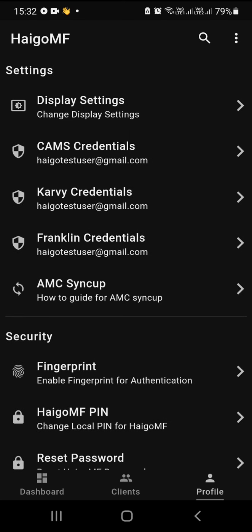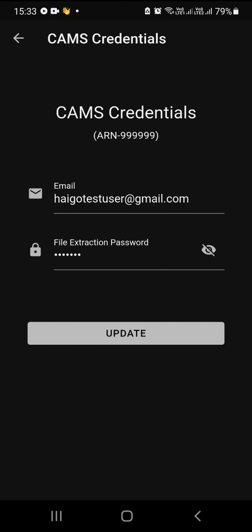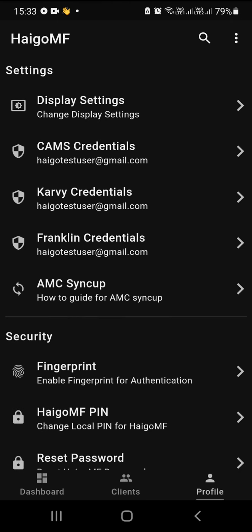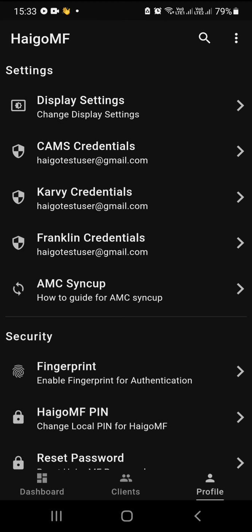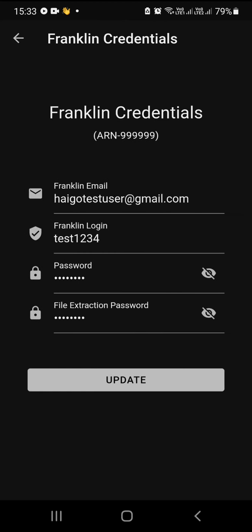Like I said initially, the first time you are logging in, you have to set up your CAMS credentials, that is the email ID via which you receive the CAMS feed. If you are not receiving any feed from CAMS, Karvy or anyone, you can talk to our help desk, and they'll help you in setting it up. All these details are needed so that we will be able to capture your RTA files from Karvy, CAMS and Franklin. Here you have to provide all your file login credentials, so that we'll be able to access those.